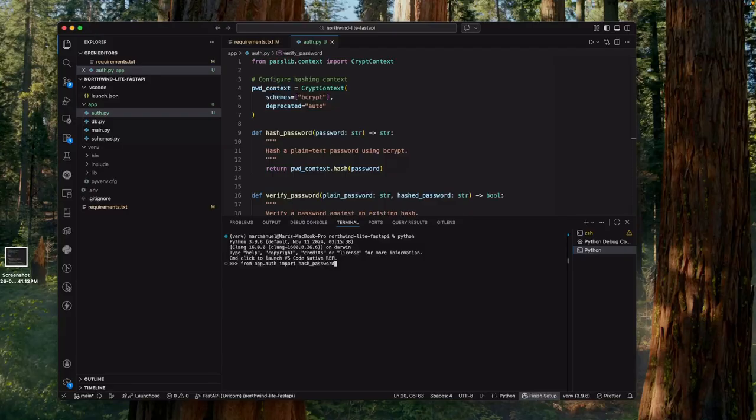This will work because our app folder is actually a Python package. So if we hit enter here, now we can run the hash password function,